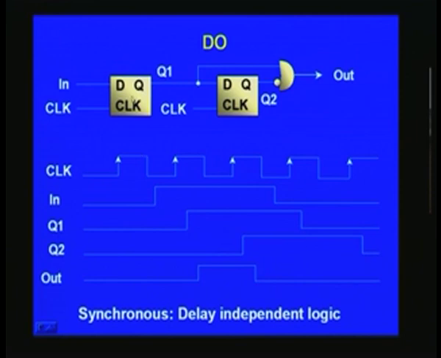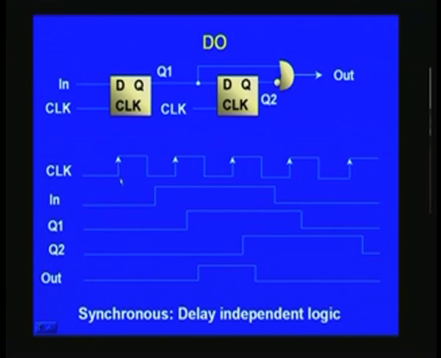So, what you can do is you can have two flip flops, and input is applied here, and that may appear at any point of time. So, let us say it appears here, and there is a clock here, and we are going to reckon the whole thing on positive edge basis. And first flip flop output is Q1, and naturally when